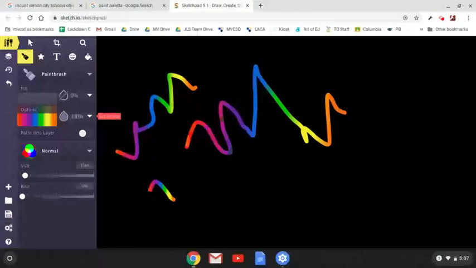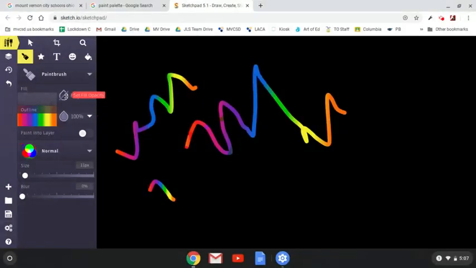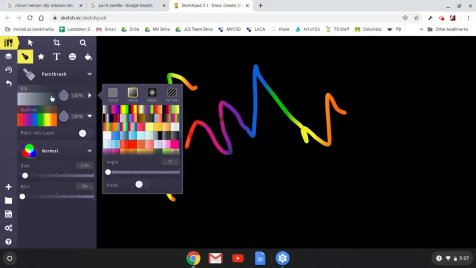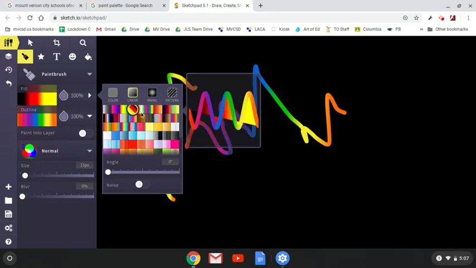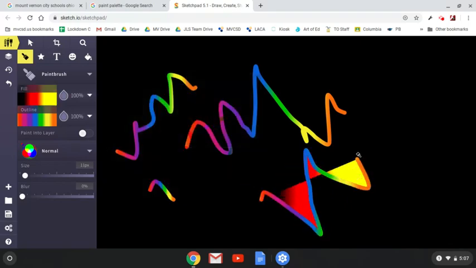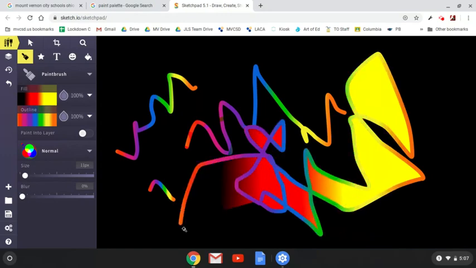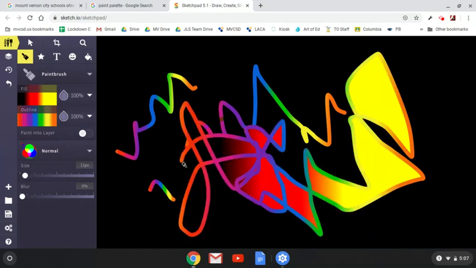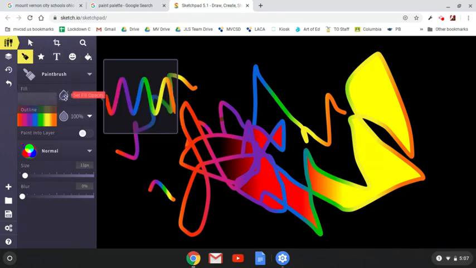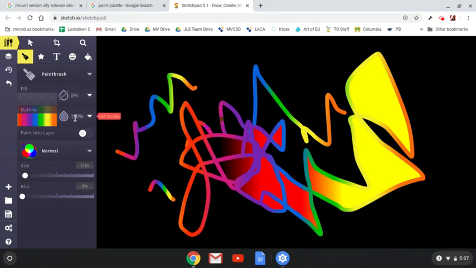Okay? So if I change that, I'll show you what it looks like. I could choose a different color or pattern, and you see when I draw, it does do this pretty cool effect, but if that's not what you want it to do, it can be pretty frustrating. So I'm going to fix it. I'm going to go back to what I want it to look like by clicking that drop to make it 0 and making sure that it's 100%. All right,